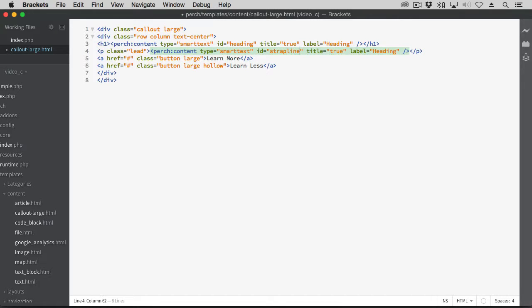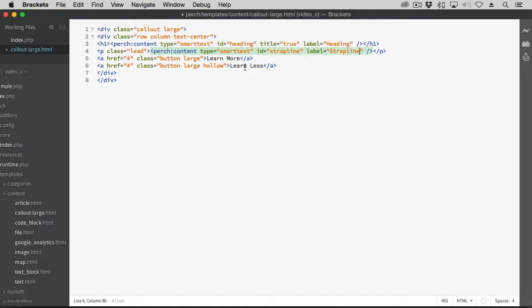And then I think we can use the same type for this single line strap line we've got here. And I've got some buttons here. We've got two buttons in the example. We've got a large button with Learn More, and then this large hollow,